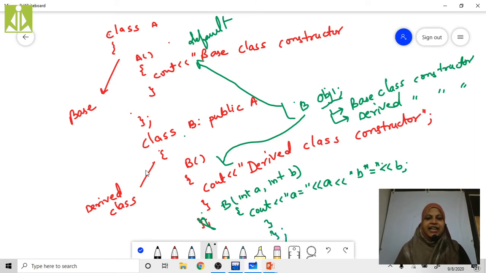See here, in this class B, the derived class, I am defining one default constructor, and next I am defining one parameterized constructor.